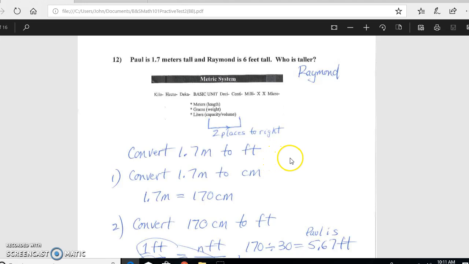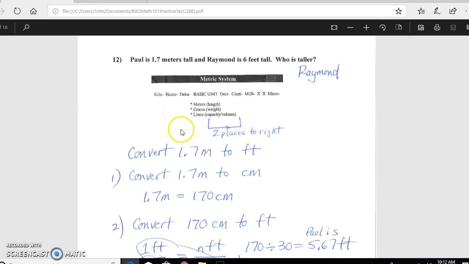If we go to our formula sheet, we don't find one formula that will do this conversion, so we're going to have to do it in 2 steps. And the first thing we want to do is to convert the 1.7 meters into centimeters, and we do that by using this metric system table here. It's on your handout on the lower left-hand corner, and we're starting with meters and we want to go to